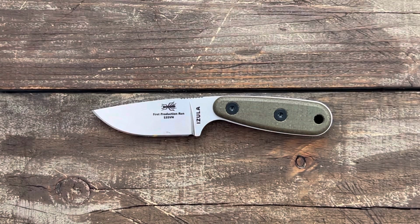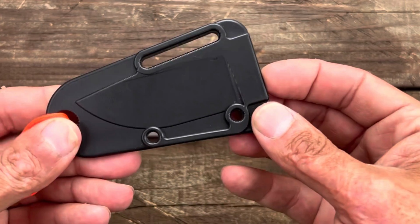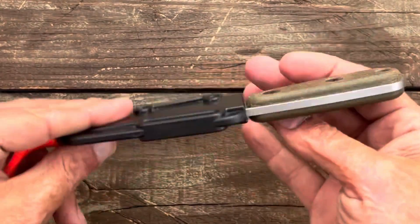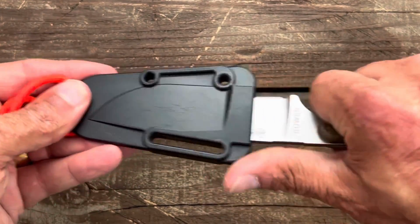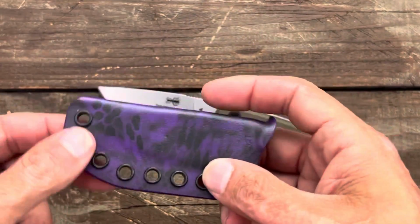Like I said, for me it was put in the role of an EDC fixed blade because it's super easy to drop in the pocket, or conceal horizontally on your belt, or even inside the waistband. It comes with this plastic sheath right here that does a fine job. It does a good enough job if you want. I used it like this in the back pocket, and I also have a little back pocket sheath that I put it into. I just don't love the sheath, so I upgraded to a Kydex,